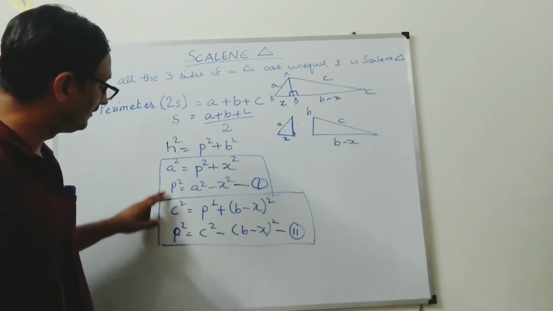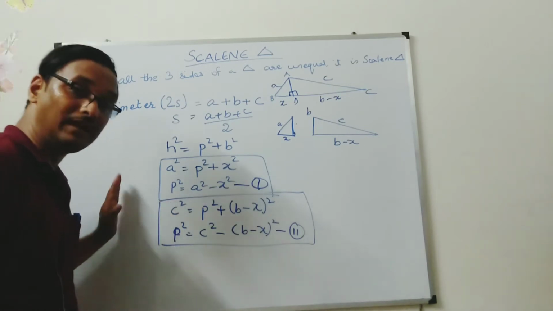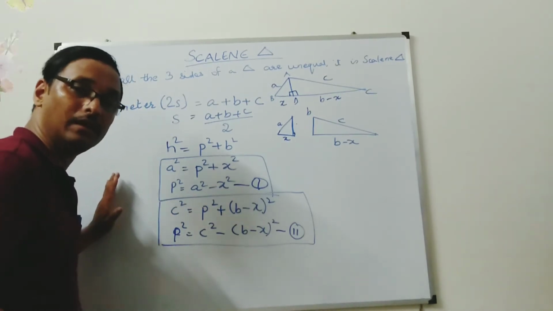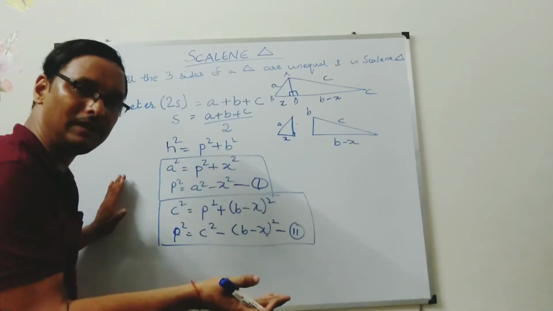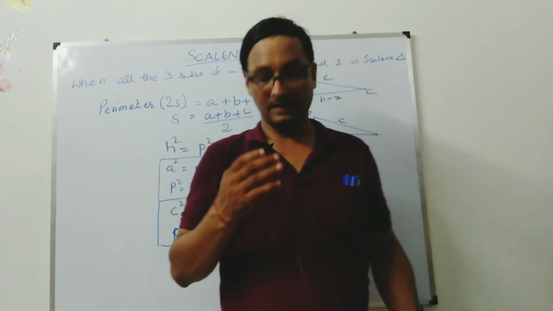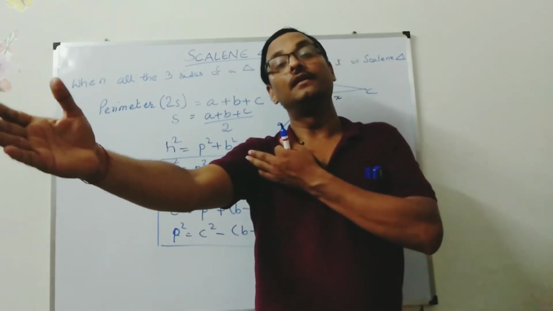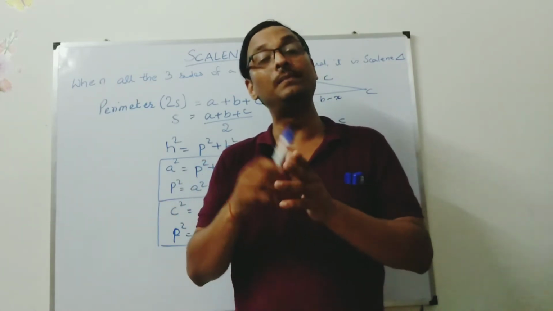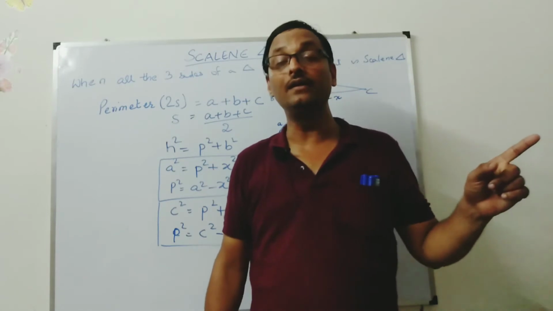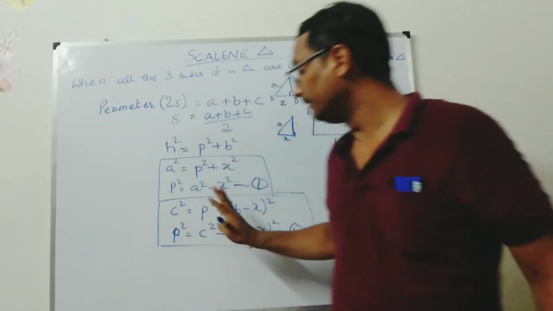So with the help of this P, in these two equations, your left hand side is equal. If your left hand side is equal, then your right hand side will also be equal. If there are two persons, and myself and that other person's right hands are equal, then we will assume that his left hand and my left hand will also be equal. So this logic will be applied in this case.